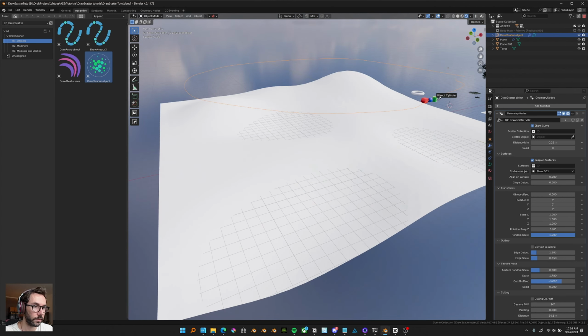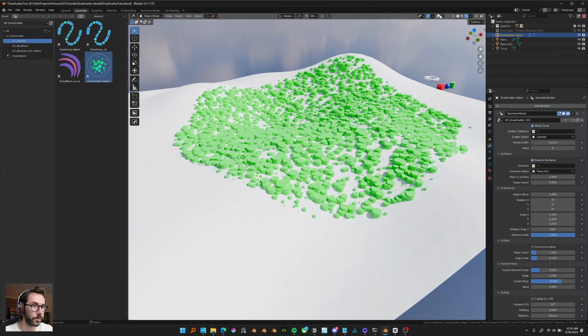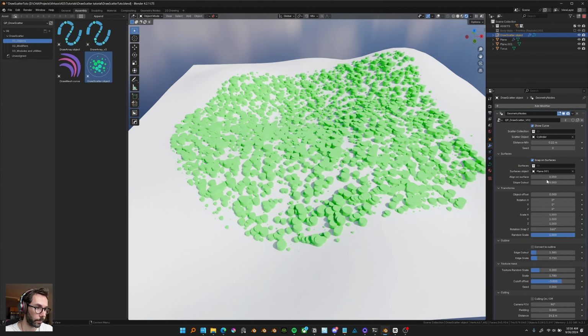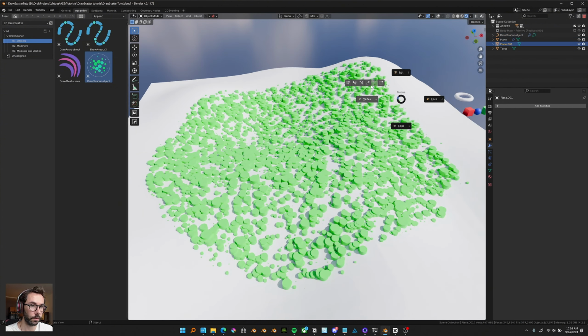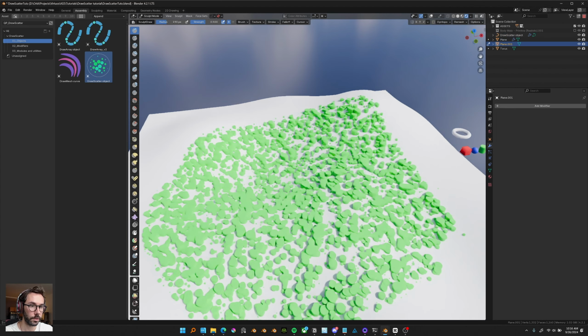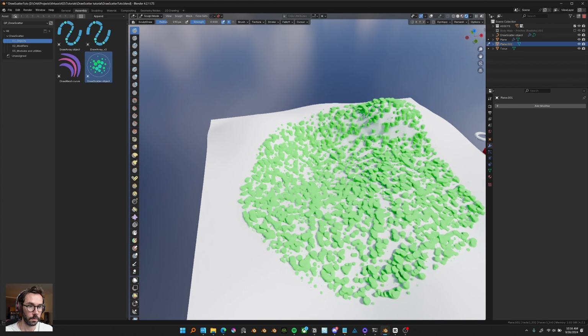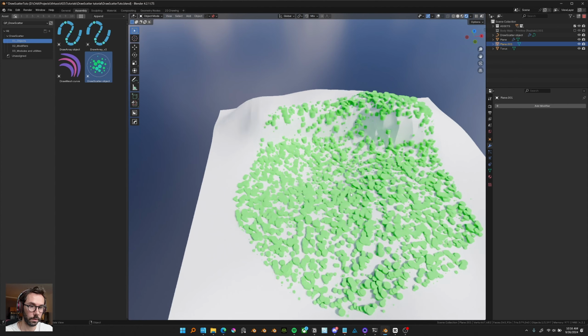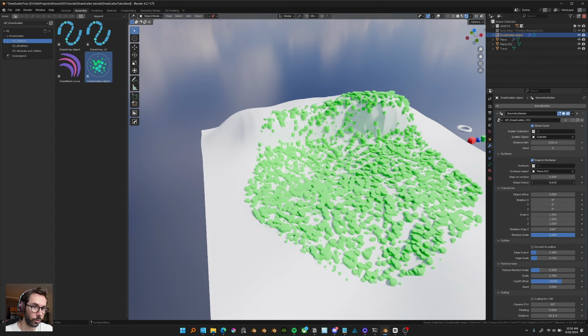The advantage of this is that if you have trees or something that's not supposed to follow the curvature, you can have it just pointing straight up. One cool feature is the slope cutout. Let me exaggerate a bit some of these slopes. So let's say you have a cliff or anything with quite a steep angle like this. You can cut out by the slope